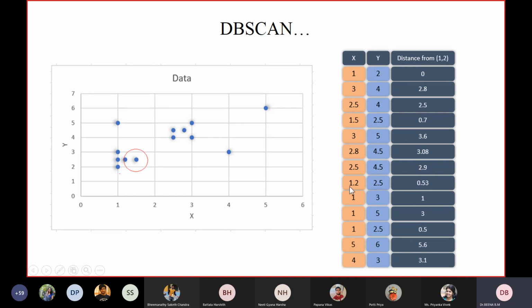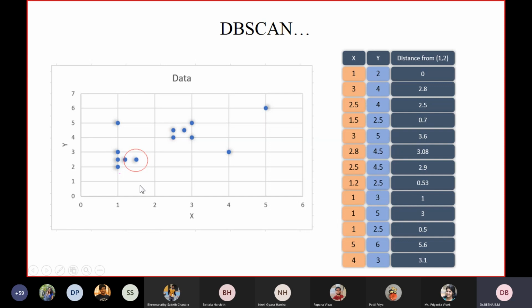What are its corresponding data points? 1.2 and 2.5, and 1 and 2.5. It means what? For the data point 1 and 2, the neighboring data points are 1.2 and 2.5, and 1 and 2.5.